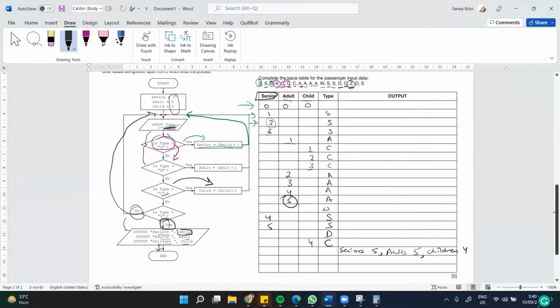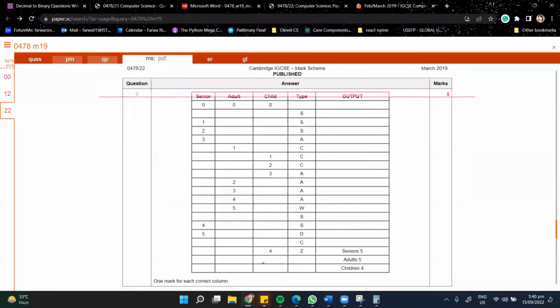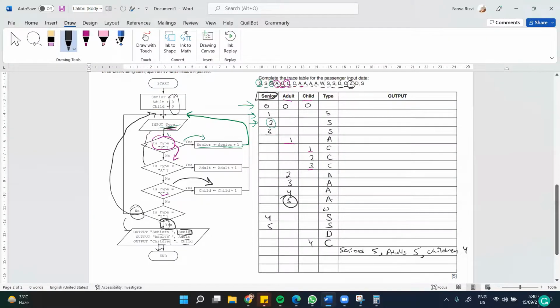Do you understand? Yes. Okay, let's just compare the answer as well. It should be seniors 5, adults 5, and children 4. Seniors 5, adults 5, and children 4. Yeah. Okay, the data is correct, but another thing you'll notice here is that they split